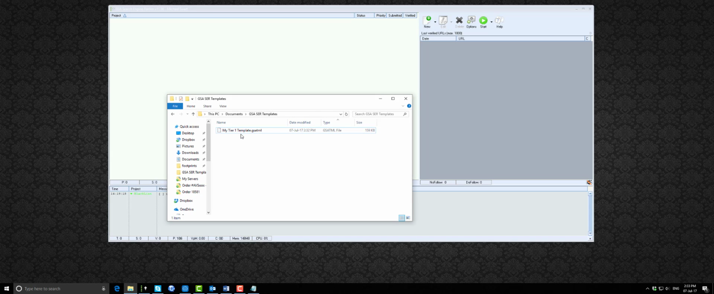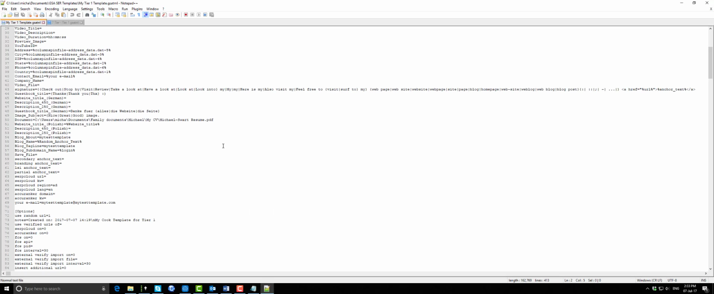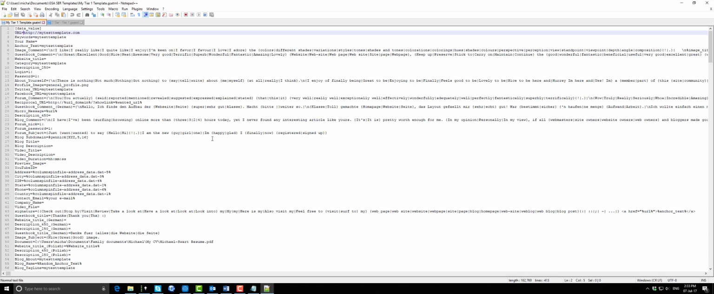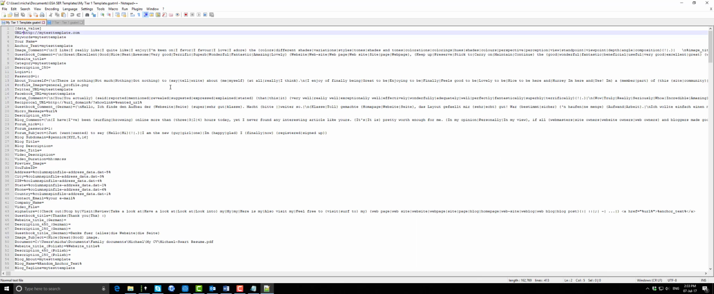Now, what you need to do is open this. If you don't have it, I use Notepad++. Right click on it, edit with Notepad++. Okay. Now, I need to get my test template. This is the catchphrase we use, remember? Okay, the first thing that you need to do is